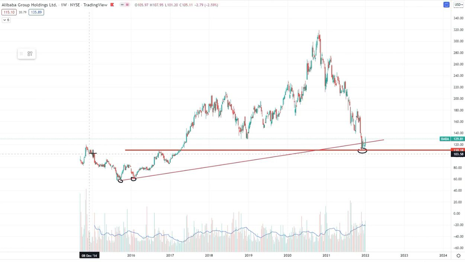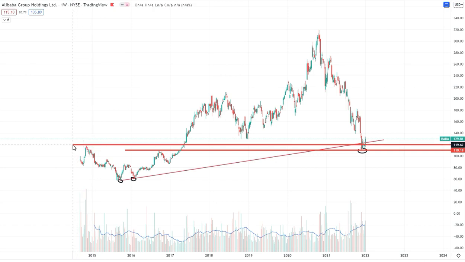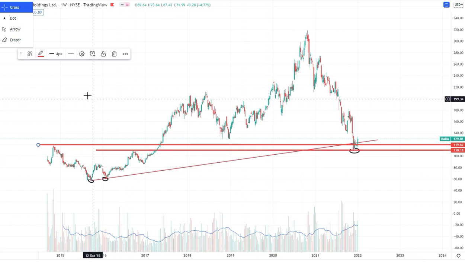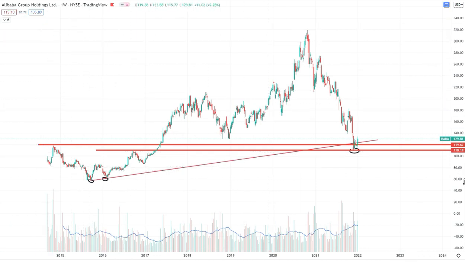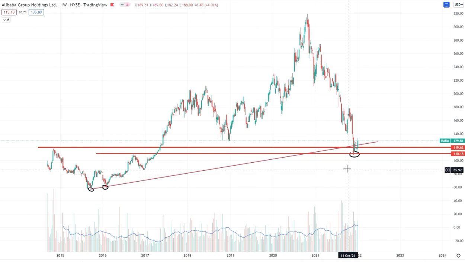The second level of support is given by the 120, and this is where the resistance area was on November 14th. Let's draw this other line. We see that the price in the weekly chart, with the weekly Japanese candlesticks, overcame and reacted very well from these two levels, which now become support. So these two resistances were broken and are now becoming support. I would expect the price to have found a bottom, which I really hope. I'm definitely bullish on BABA.